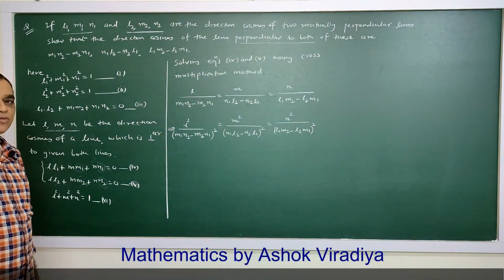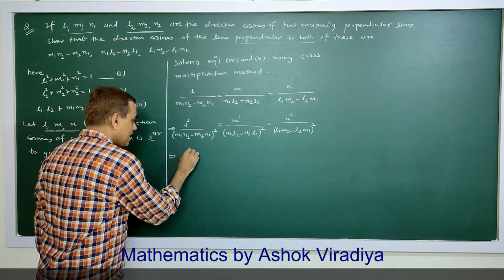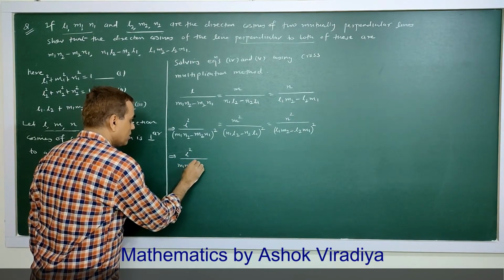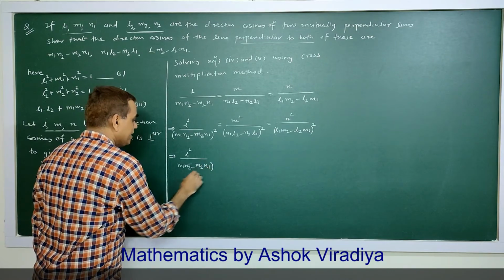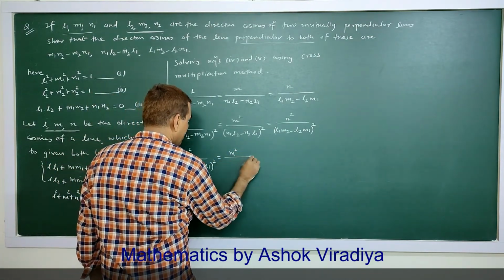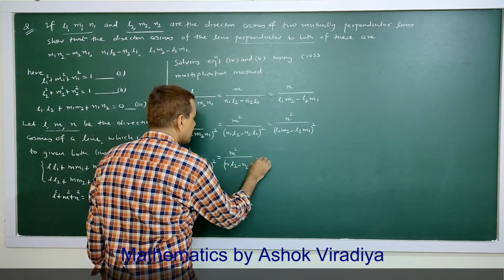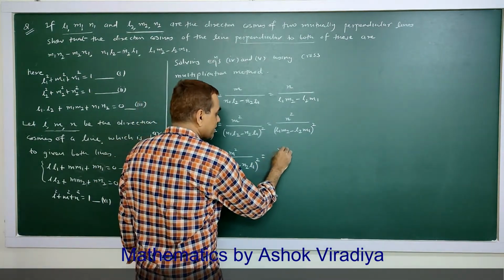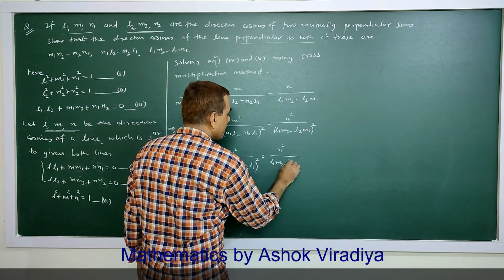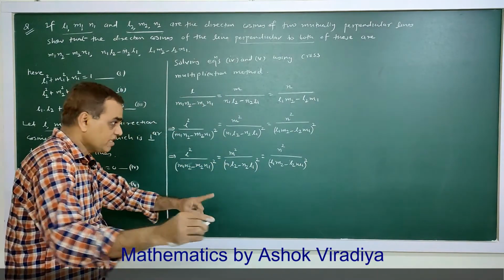Squaring numerator and denominator, this implies L square upon (M1 N2 minus M2 N1) whole square equal to M square upon (N1 L2 minus N2 L1) square equal to N square upon (L1 M2 minus L2 M1) square. And continuing this, equal